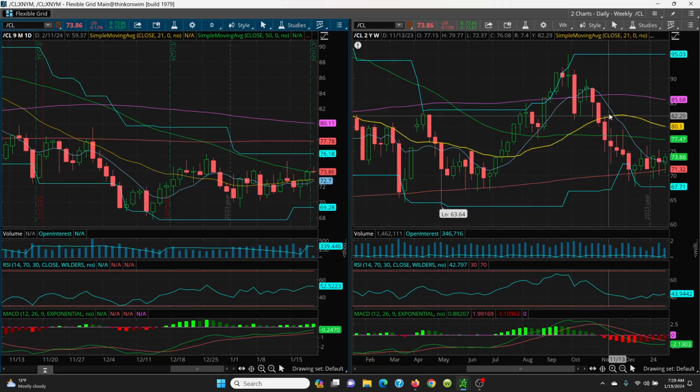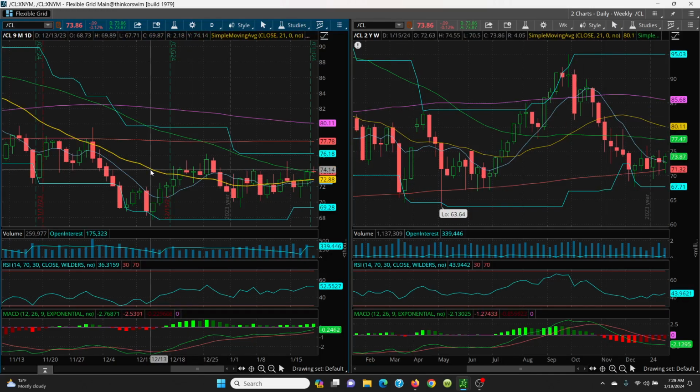But just the keys, what you want to watch is going to be that 72.89, this key 21-day here, and the key 8 SMA here on the downside. We're stuck right here at the 50. So again, if we can get above that, we'll look to the top of today's high at 74.55, and then we come to the candle here at 75.25, and your retest is going to be 76.18, which is basically this